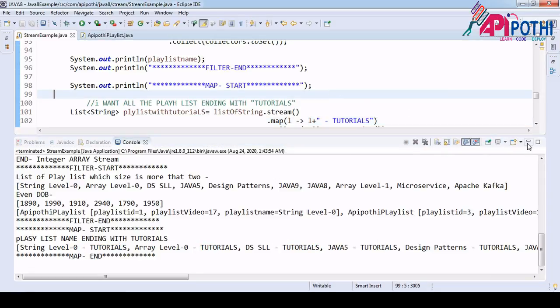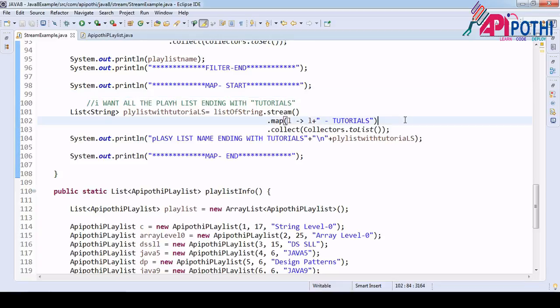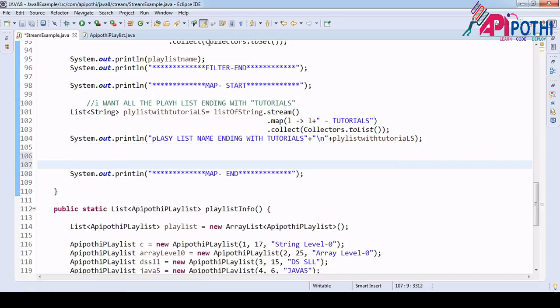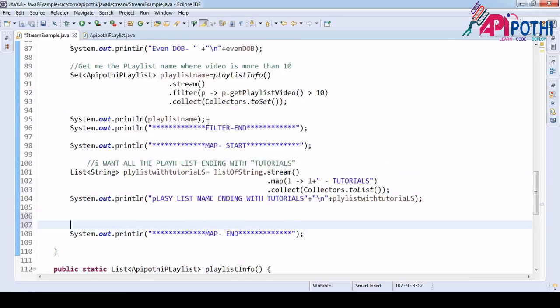Okay, so basically we go for map when you want to touch all the elements of the source of data, not just a collection, since stream is not only meant for collections, and you don't want to do any filtering. Filtering means you don't want to drop data; you need all the data available inside the collection or inside the source of data. So this map we did for a list of string type, right?